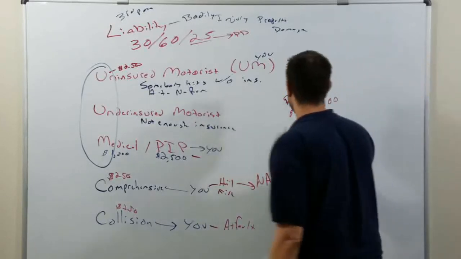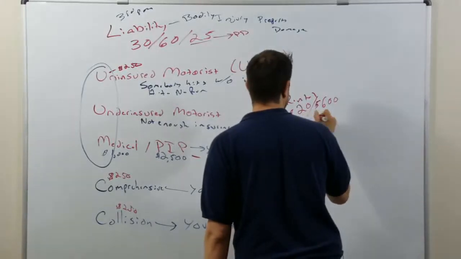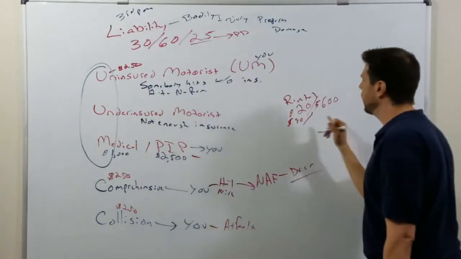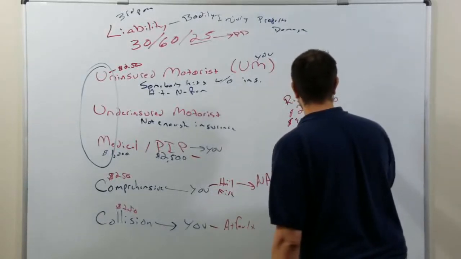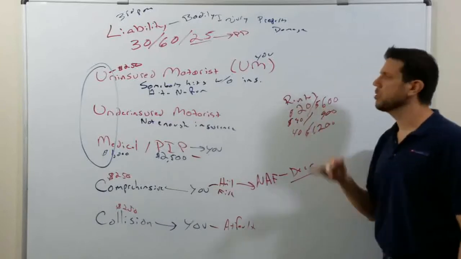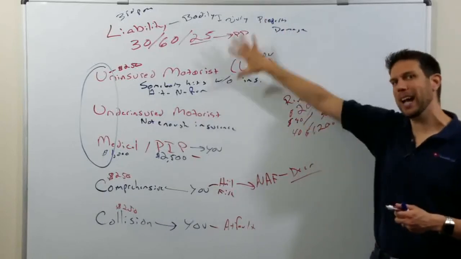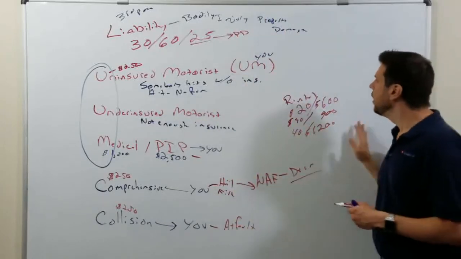So like if you get a rental policy of $30, then 30 times 30 is $900. If it's $40, then you have a $1,200 cap. Rental reimbursement will give you a rental car if you get in an accident somehow.